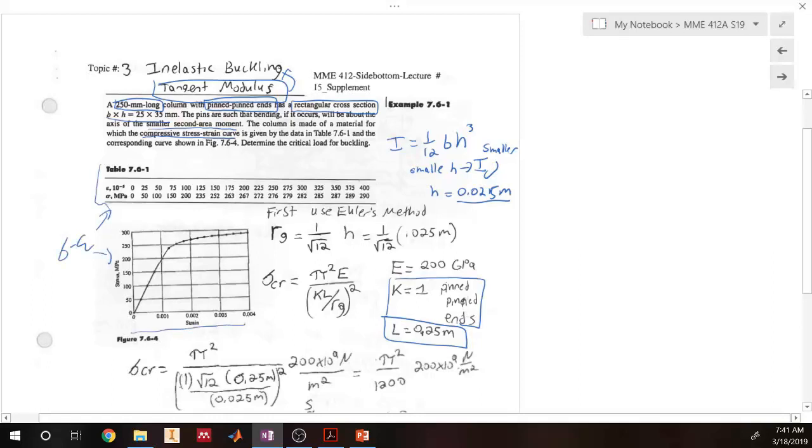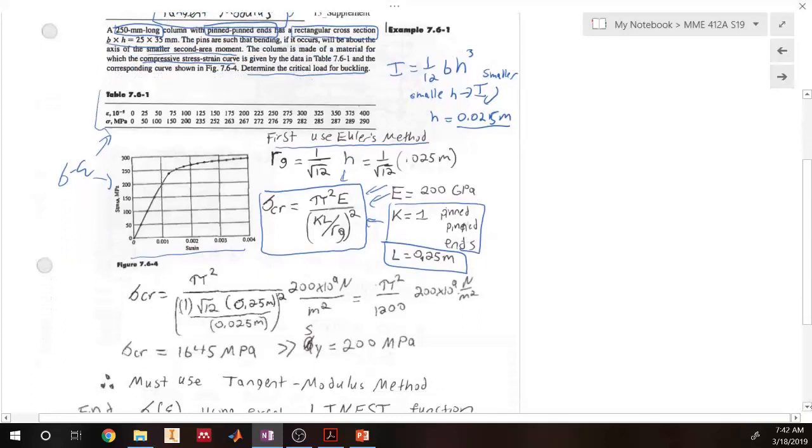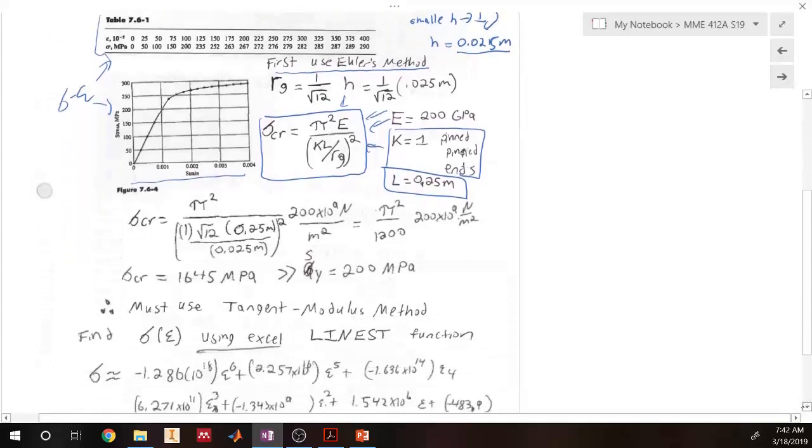The problem asks us to determine the critical load of buckling. The first thing we need to do is to see what the Euler load is, or the critical stress for Euler's method. So we're going to use this equation here, and we're going to use all of our given constants from the problem statement to solve it. We're just plugging in all those values here, and what we'll end up getting